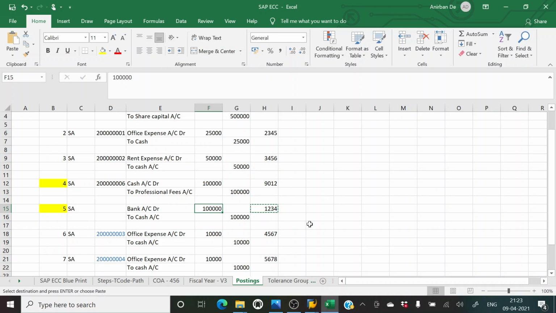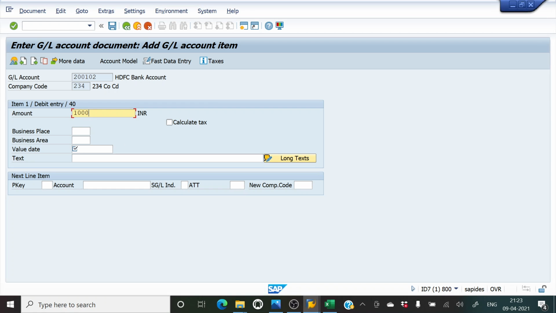Now we have deposited 1 lakh rupees. All right. And the text is cash deposited to bank.